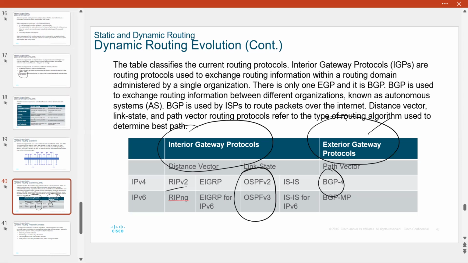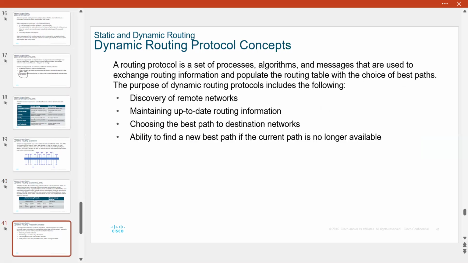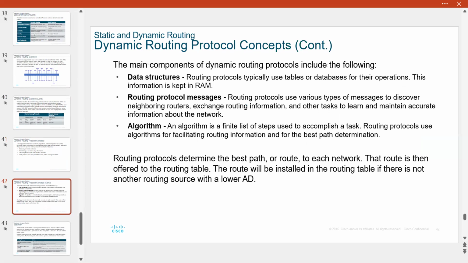So from interior IGP and exterior EGP, we have my distance vector and my link state, which differ in terms of my metrics. For distance vector, we have hops; for link state, such as OSPF, my metric is cost. Summarizing, going through these dynamic routing protocol concepts, we've defined data structures, routing protocol messages,